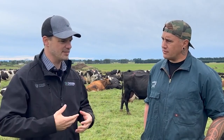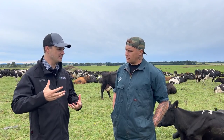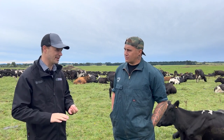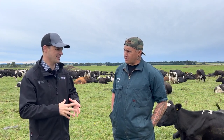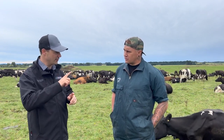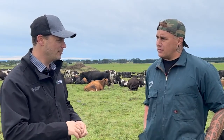As a cow ruminates, as the microbes release the nutrient from the feed, there's lactic acid that's produced in that process as well, which decreases rumen pH or makes it more acidic. So the saliva actually buffers that acidity and keeps it in balance. But if you don't have a lot of fibre in the diet and the rumen passage rate or the flow rate in the rumen is really fast because it's full of water, she doesn't spend as much time ruminating because